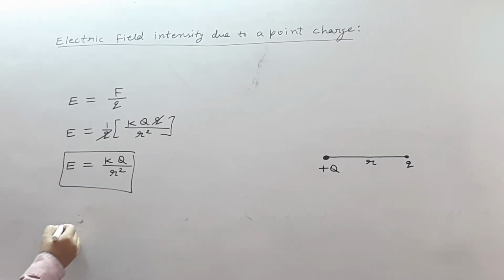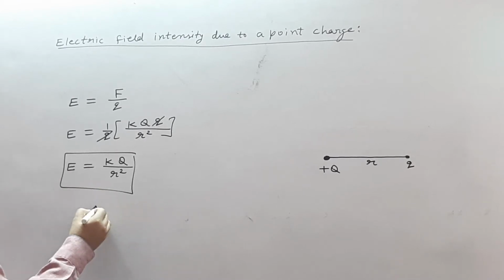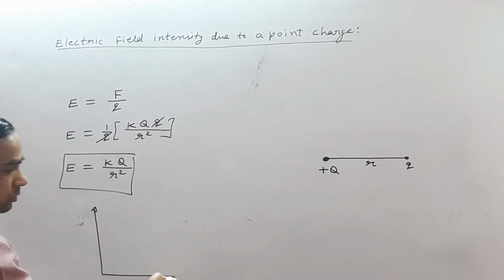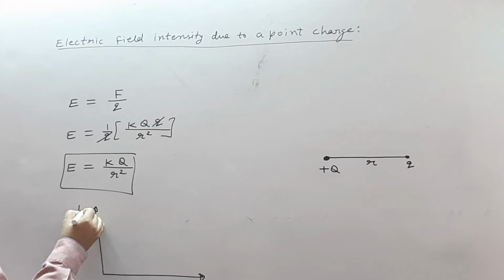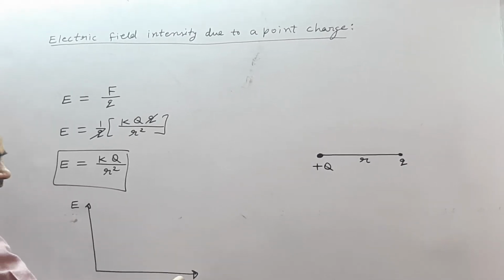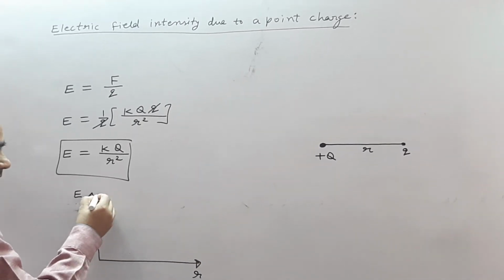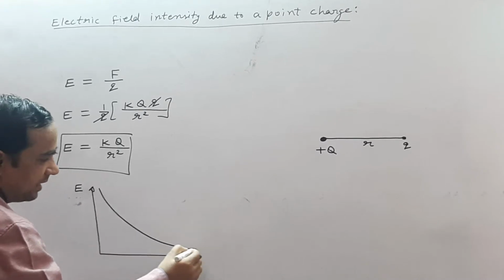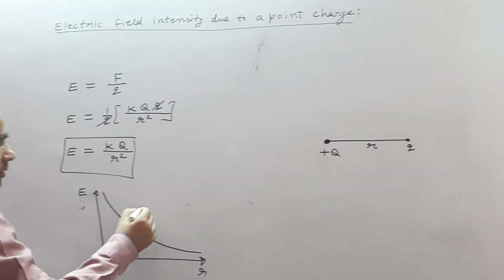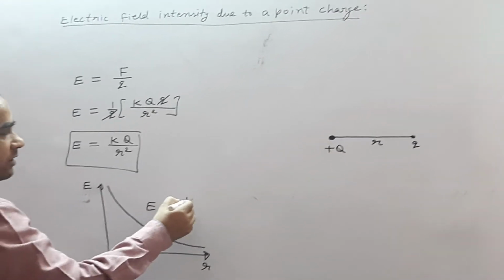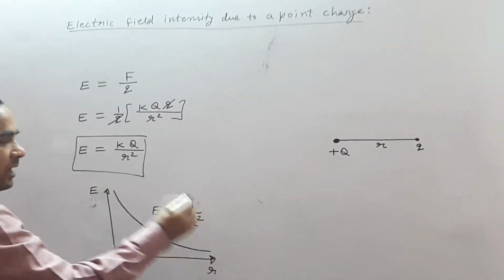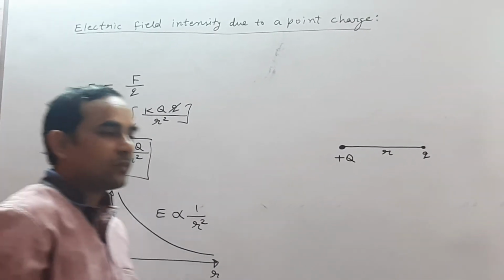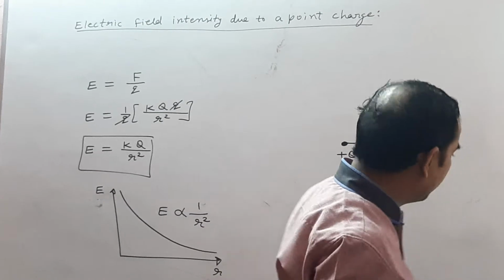As E is inversely proportional to r square, the variation in electric field E with distance from the point charge is given by a hyperbola, because E is inversely proportional to r square. Right? Now, question: